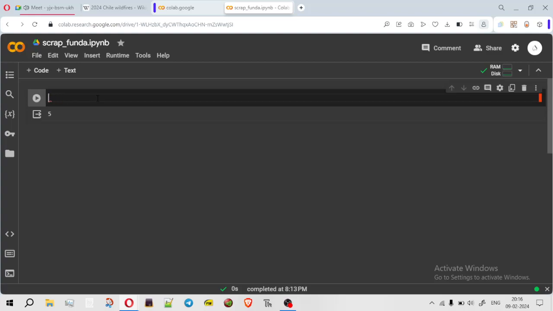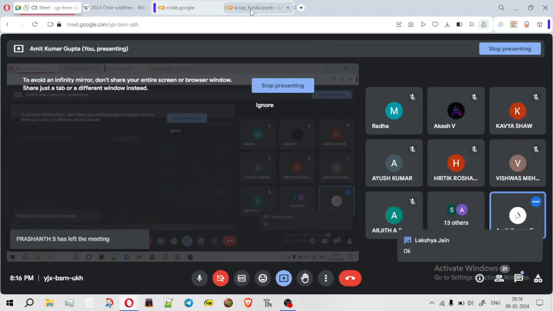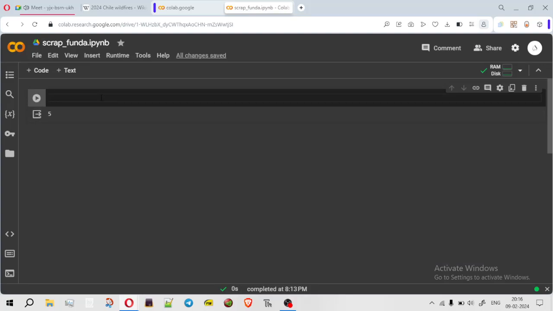So in Python there are a lot of ready-made libraries. I hope you guys already know about NumPy, or maybe pandas. We study it in the Python course. Here is a library which helps us bring all the information to our Python page. The name of the library is urllib. From urllib.request,